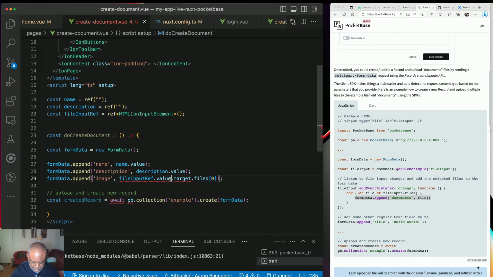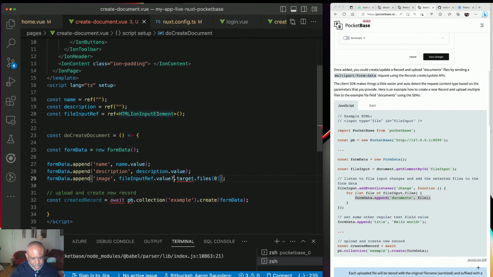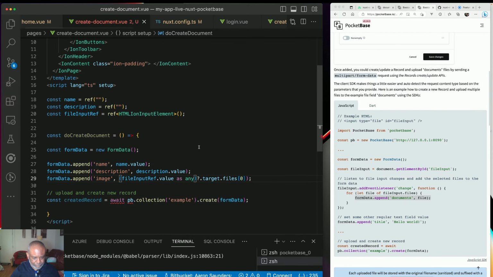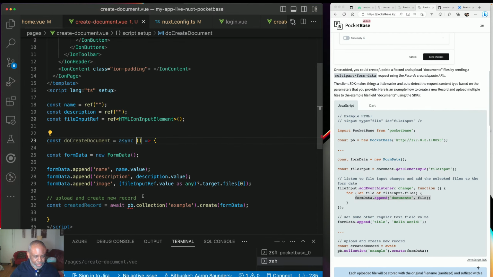So since it could be undefined, and then it's saying it can't find target. I mean, I can go deeper down the well to figure out exactly how I need to modify this for it to be a file input type, but I'm just going to cheat for now and just wrap this with an any, as any, and then let's change this to, where's my function, async, and then in the end we're going to get our use Nuxt app,